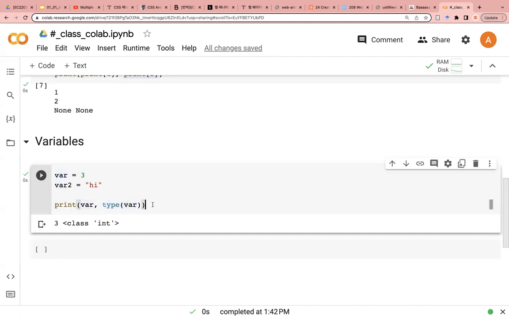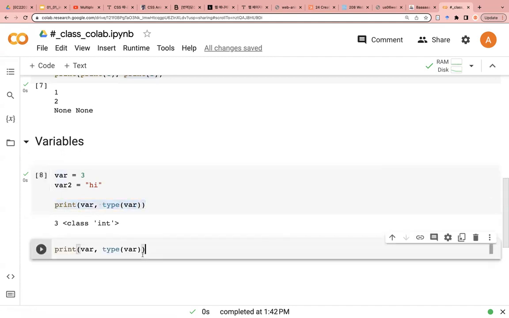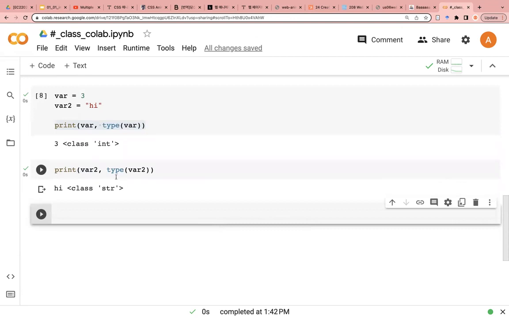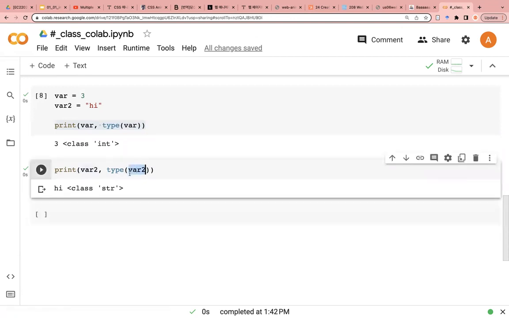So when we run var2, it says the data stored in var2 is a string. Okay, so if you cannot figure out what data type is stored in some variables, you can call this type function. Okay,